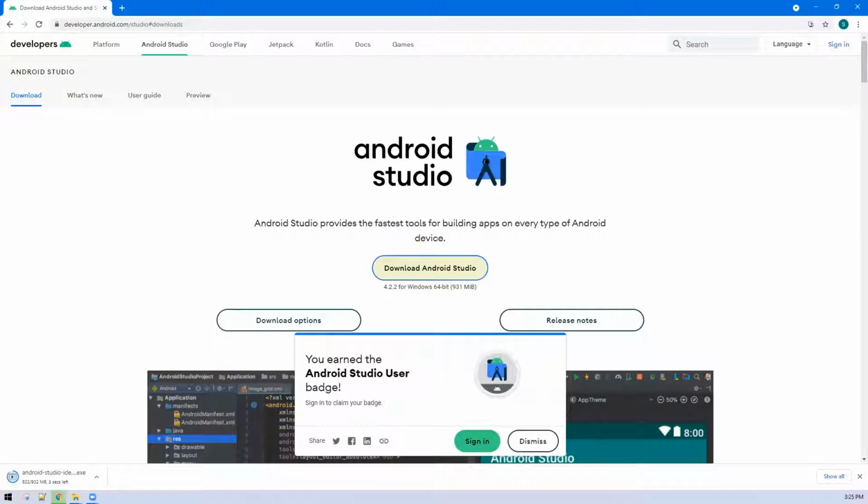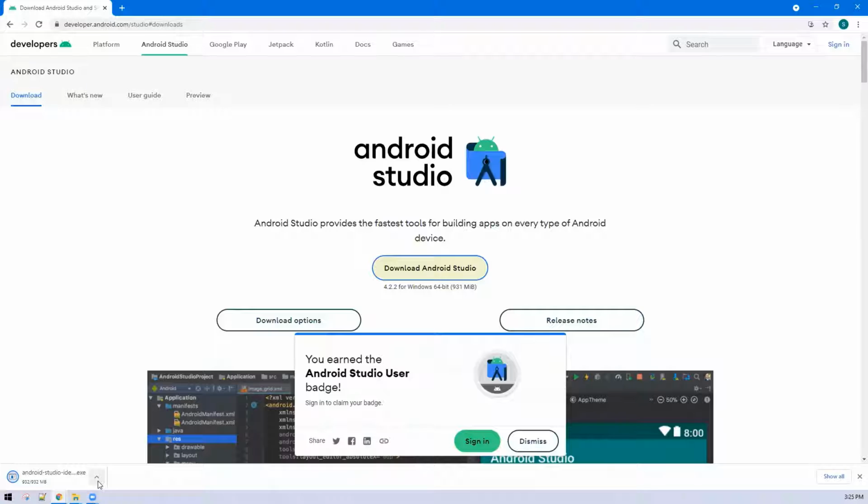Now, if you only take this setup file and try to install it in your system, then it may happen that your installation has to be done again. Maybe a few components it will miss. So I recommend that you get connected to the internet from start till end of installation process.